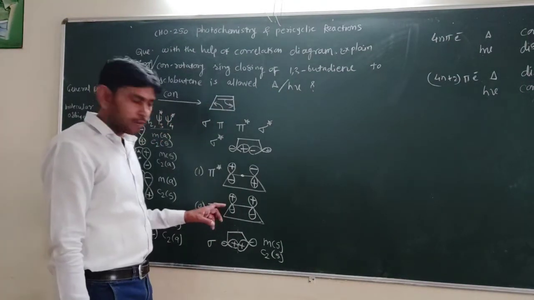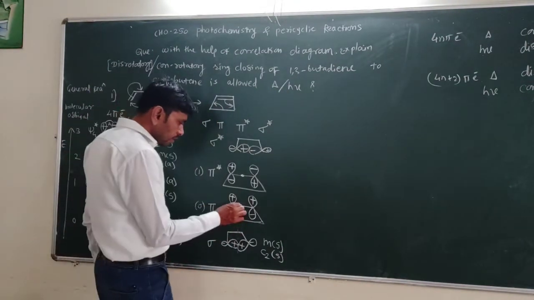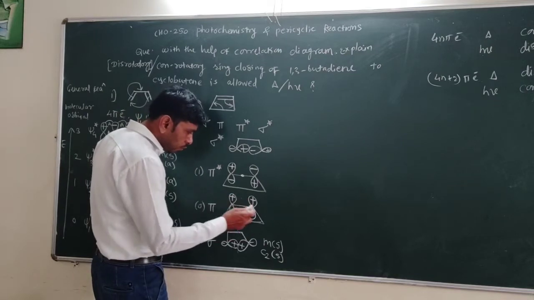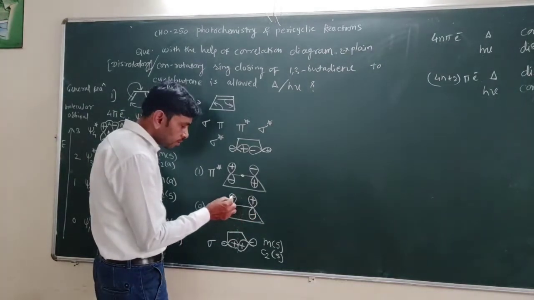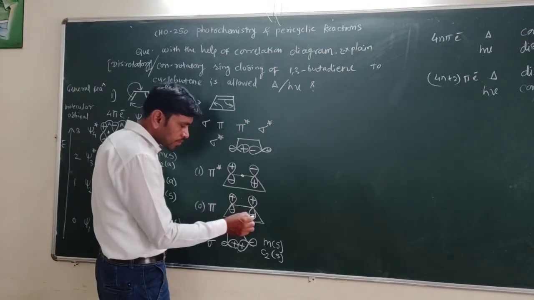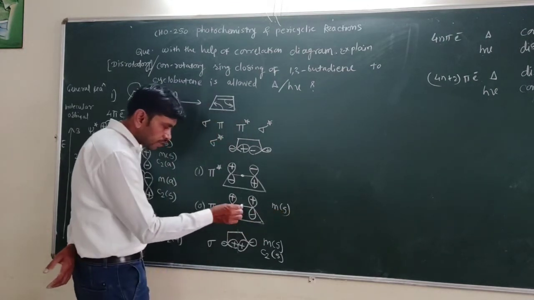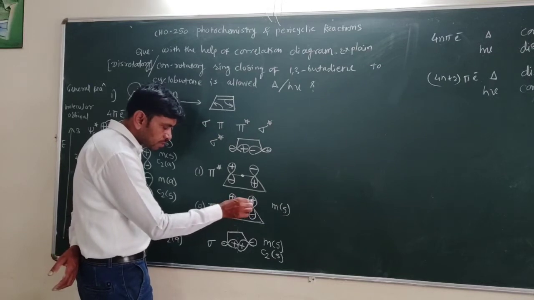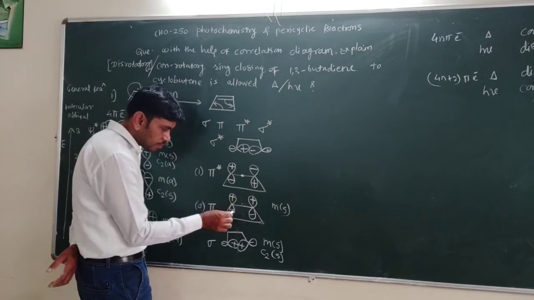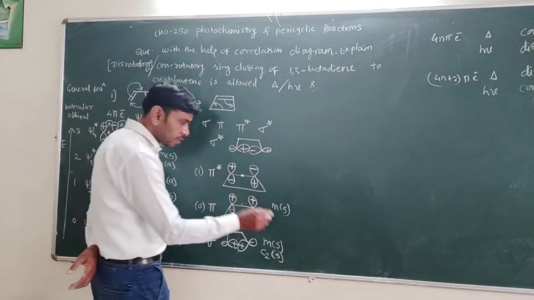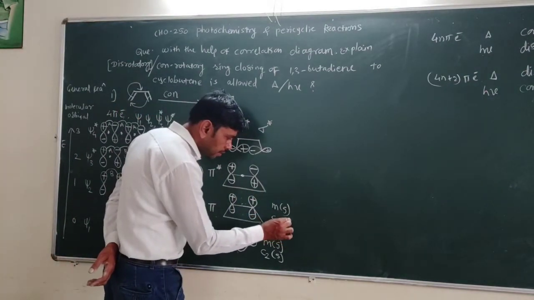Now, when both symmetries are present, look at the next one. When we pass a plane, fold the molecule, fold the orbital, plus sign overlaps plus, minus sign overlaps minus. That means M symmetry. What about C2 symmetry? Consider the central point. We go some distance with a plus sign, but here the same distance has a negative sign. That's why it is C2 asymmetric.